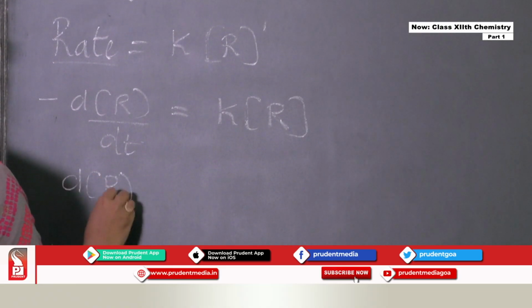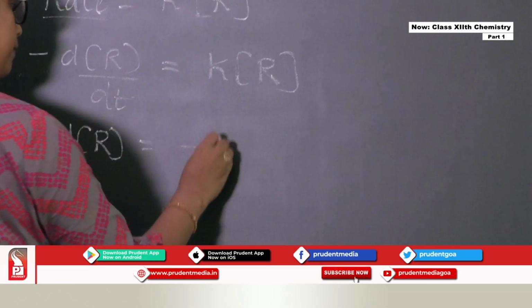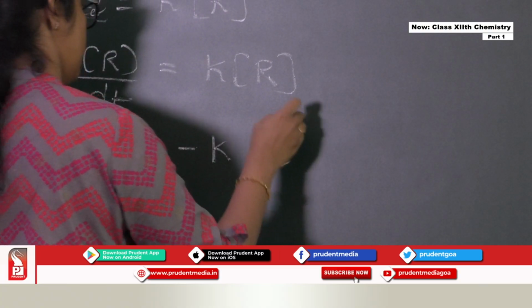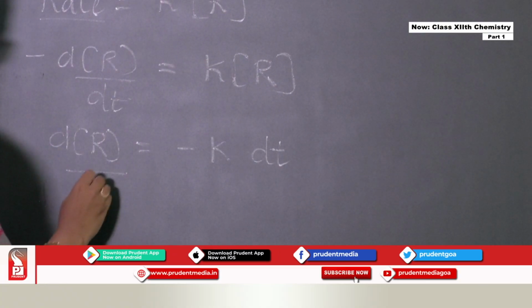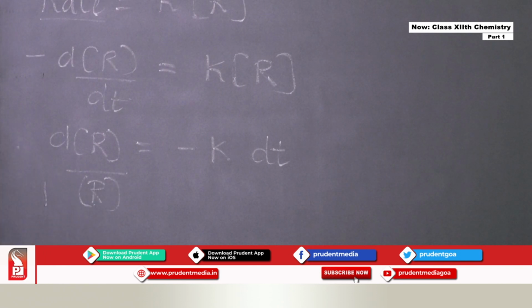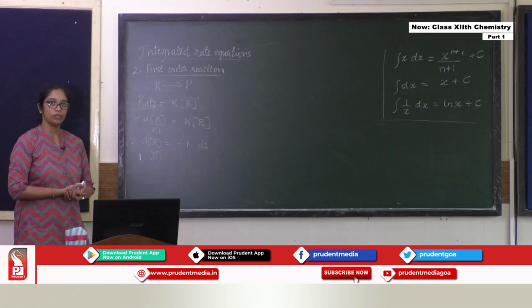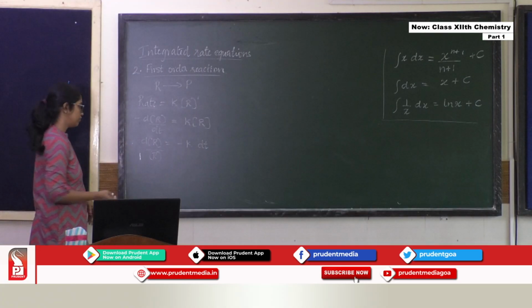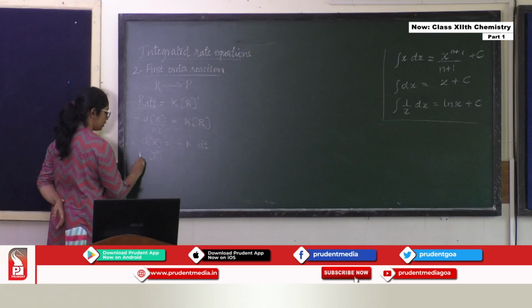Now I'm just going to rearrange the terms. dR would be equal to minus K dt, and I'm going to take R on the other side, the concentration of the reactant. After rearranging the terms, now we are going to use integration, and we are going to integrate this differential form of the equation. So on integration,